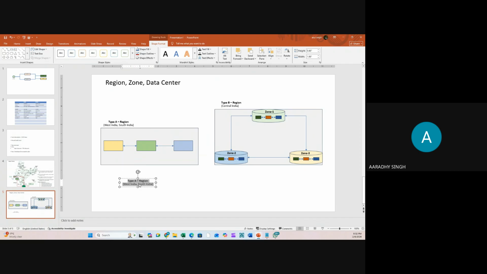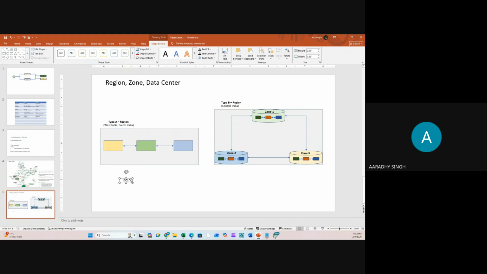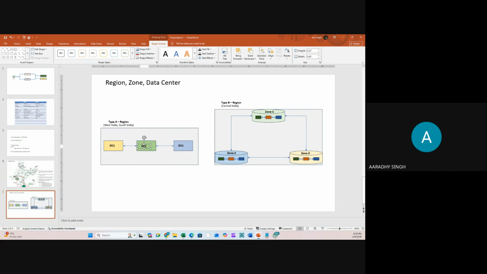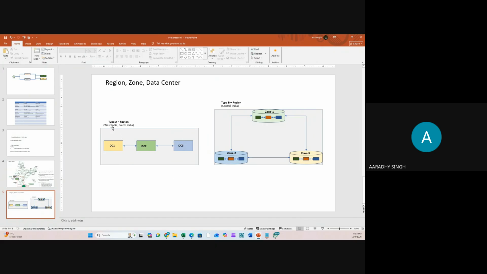So here, this is your DC1, DC2 and DC3. So in type A region, you will get 3 data centers. In type B region, in a region, you'll get 3 zones. Within the zone, you'll get minimum 1 and maximum 3 data centers.